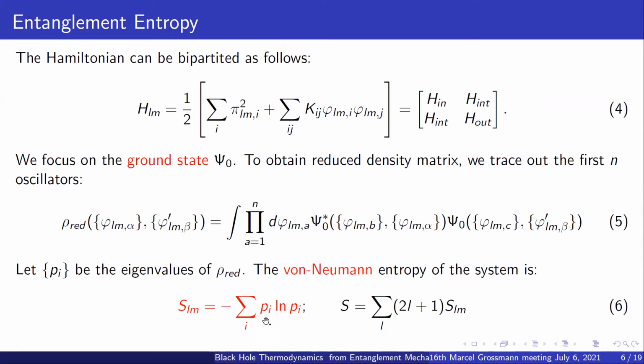density matrix. Now, this is a standard definition, while it is not at all a unique definition of entanglement or a unique way of measuring entanglement, because there are so many other quantities such as Renyi entropy or Tsallis entropies, which exist, which also can be used, but then they give entanglement entropy in some limit. So you can pretty much assume that this entropy, the von Neumann entropy or entanglement entropy, is a standard definition that we can trust. Now, if we add up all the contributions from the angular modes, we can get this expression where there is a summation over 2L plus 1 times the individual entropy contributions.